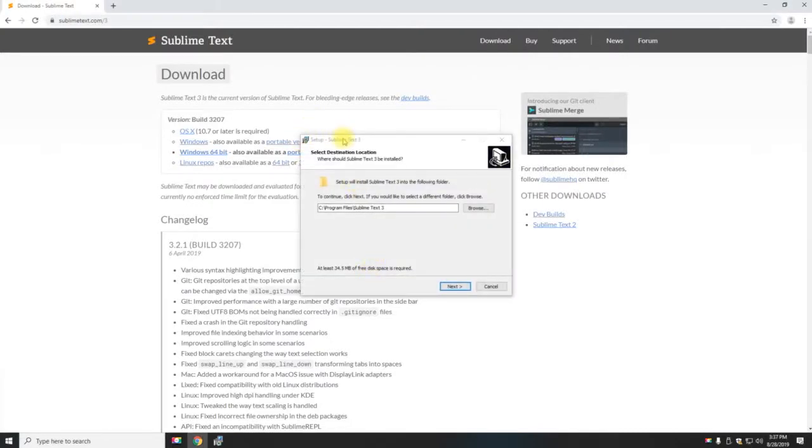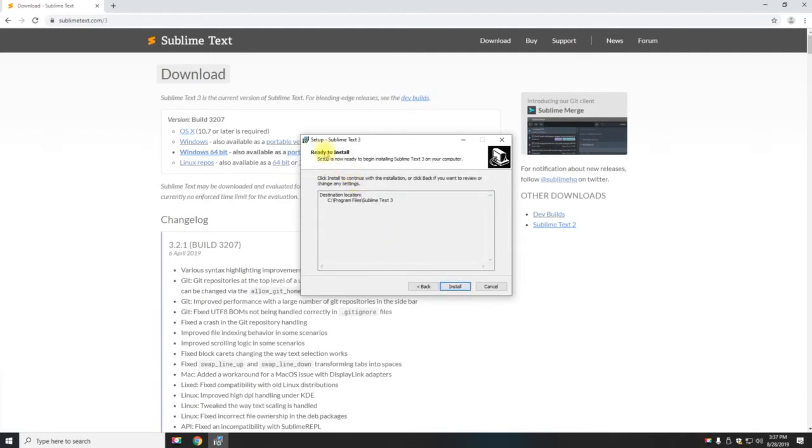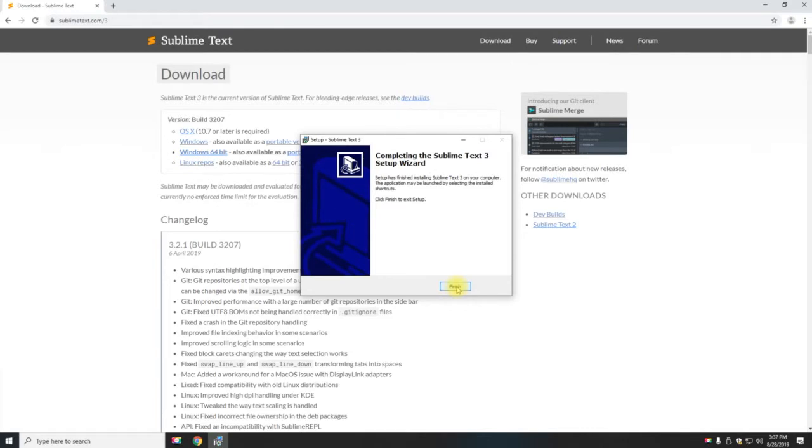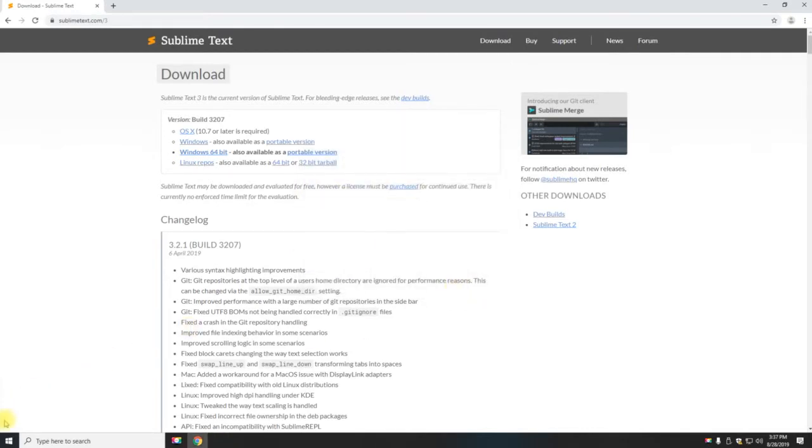Then it's going to pop up the installation wizard. It's going to ask us where we want to save this. We're going to save it on the C drive under Program Files, and the folder Sublime Text 3 is going to be our main folder. So I'm going to hit next. Then it's going to select additional tasks. I don't want to select anything, so I'm going to hit next, and it says ready to install. So let's install it. It's going to run all the programs in the background, and I'm going to hit finish. Now what I want you to do is hit start,